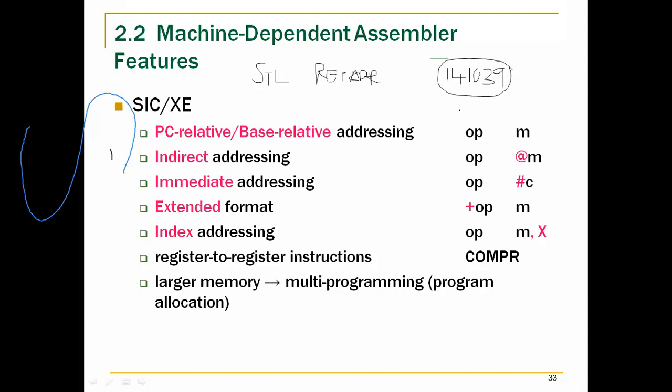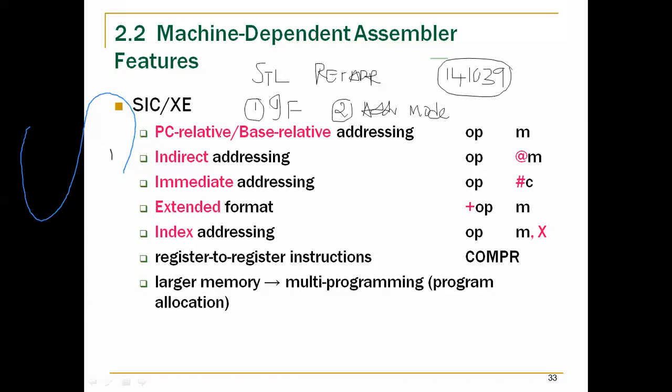Whenever you are assembling the instruction, you need to look into two things. One is what is the instruction format that is currently being considered for the instruction, and the second is what is the addressing mode that is being used. These two things we need to get familiar with before we perform the assembly process.